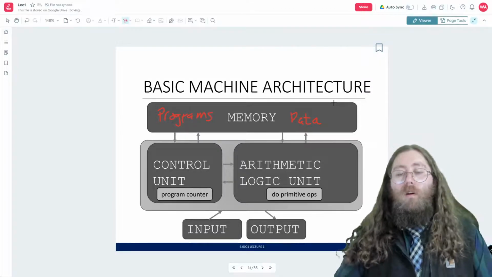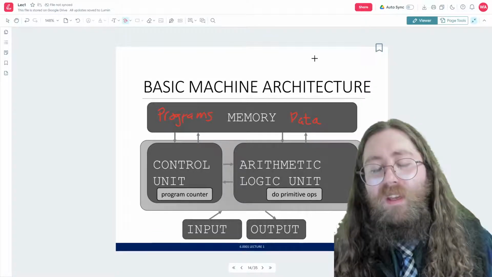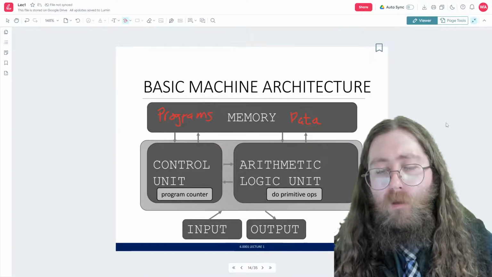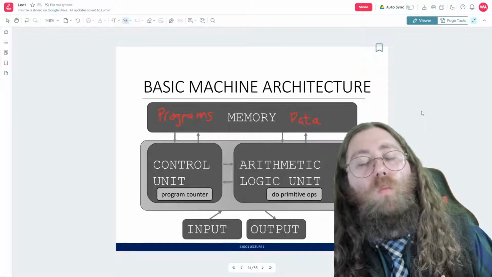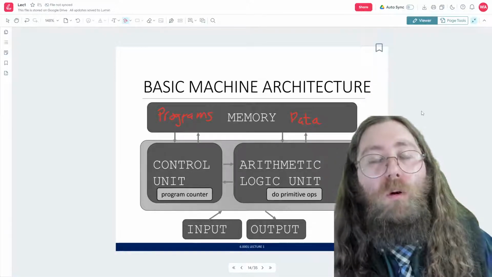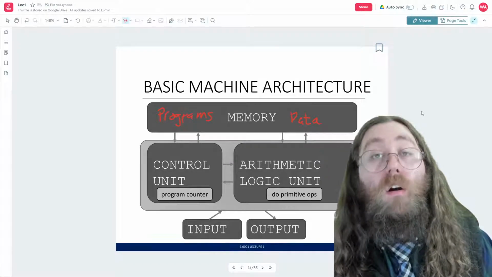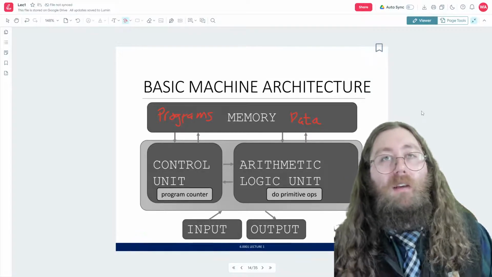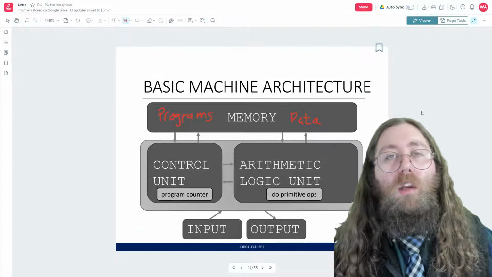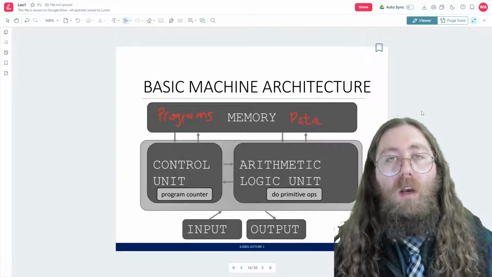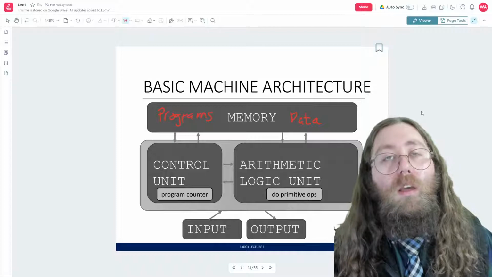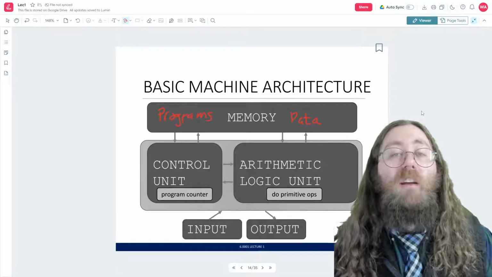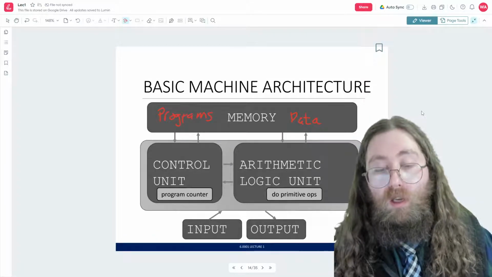All right, so when they say memory here, if you know about computer hardware, it's a little confusing, right? Is this like our hard drive where we're storing the programs, or is this our RAM where it's accessing things, right? Well, these all kind of go together. Okay, a computer's got two types of memory. It's got the kind of memory that it uses for working, and then it has a kind of memory that it uses for storing things.